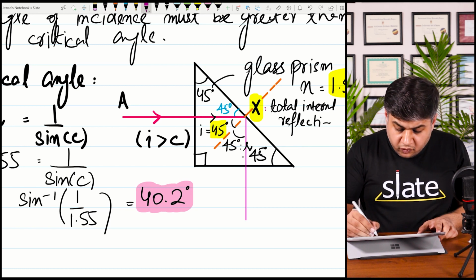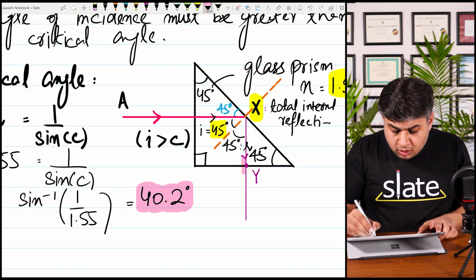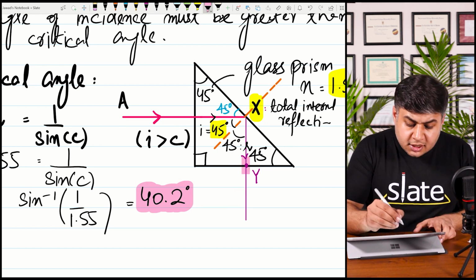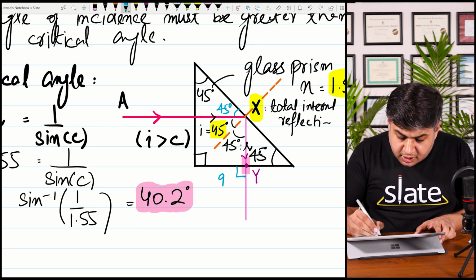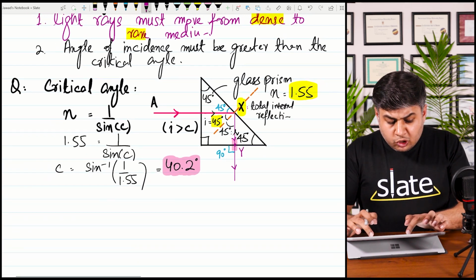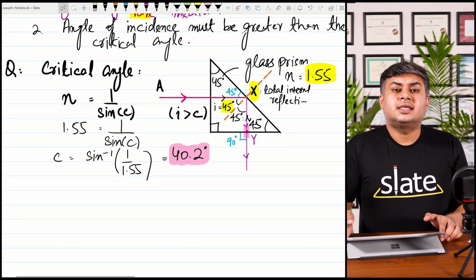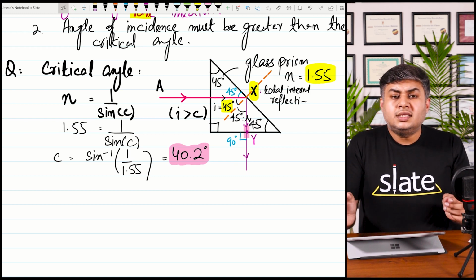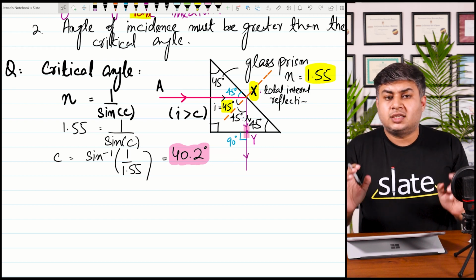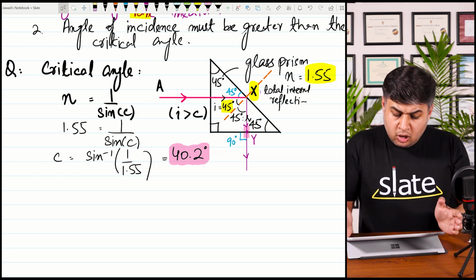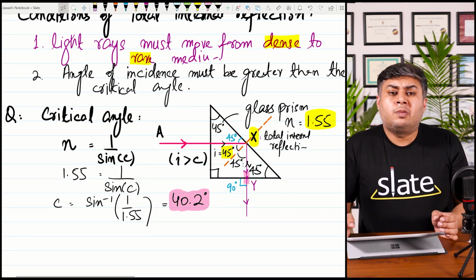Now the ray is going from this point, and once again इस point y के ऊपर क्या हो रहा है? The ray is coming from dense medium, but this time this is along the normal. It is making an angle of 90 degrees with the reflecting surface, so it will go undeviated. तो अगर आप प्रिज्म के ऊपर इस तरह से लेजर शाइन करें such that the angle of incidence is greater than critical angle, you will easily observe total internal reflection. This phenomena is used in optic fibers, right? Optic fiber में हम ये phenomena को use करते हैं for the